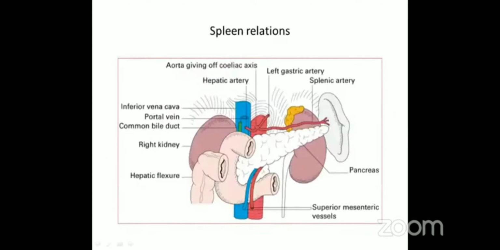Now coming to spleen. Spleen is present in relation with the tail of pancreas. Now just correlate whatever you have learned with the pancreas or the kidneys: the outer surface of the spleen is related with the left dome of diaphragm, the diaphragmatic surface, and on the inner side it is related with stomach because it is present along the greater curvature of stomach. So there is gastric impression. It is related with the left kidney, so renal impression, and the tail of pancreas is near the hilum, the entry point through which the splenic artery is going. Only these relations are important for the spleen.